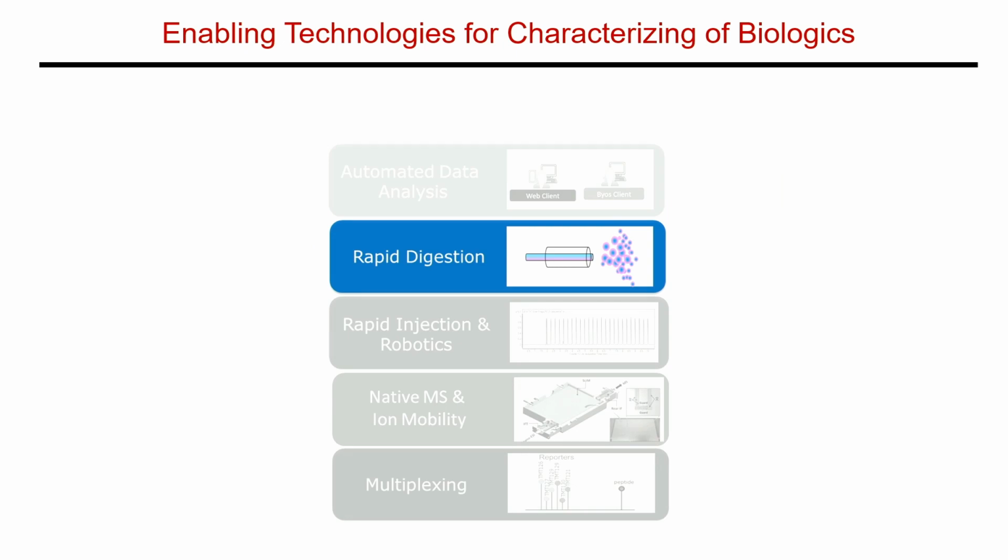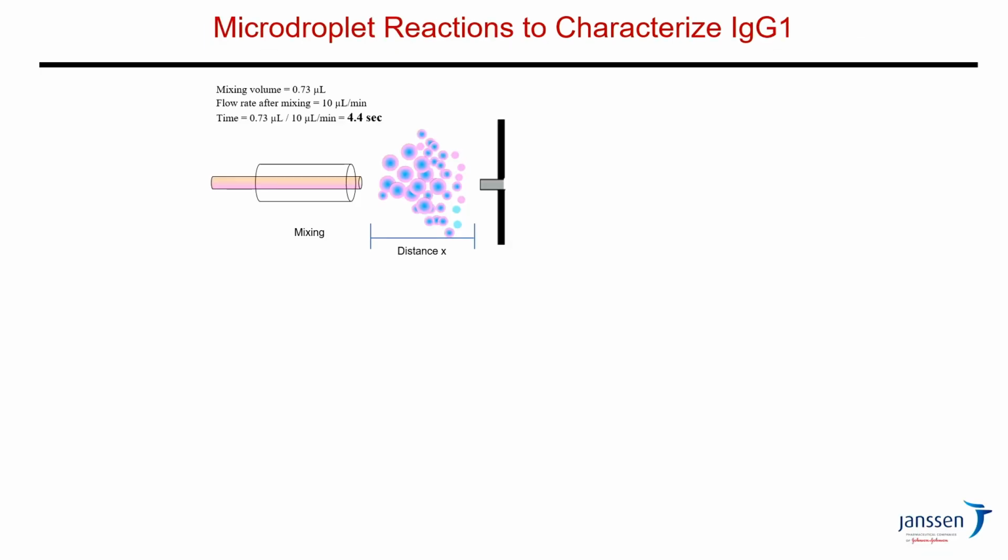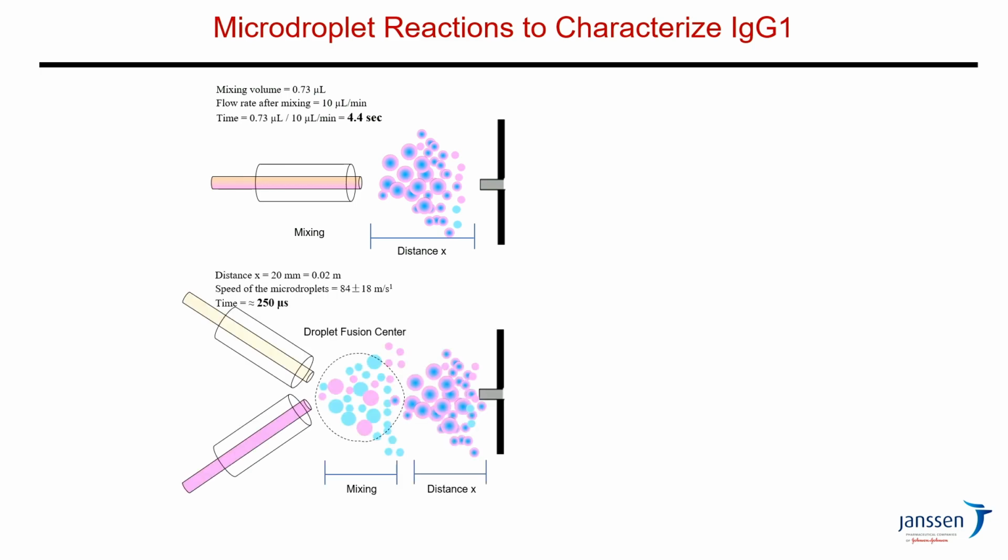This brings me to the next topic, which is rapid digestion. So this was a collaboration with an academic group at Stanford, where we were able to perform these microdroplet reactions in real time. So in the first scheme, we can introduce the immunoglobulin and an enzyme. In this case, it was IdeS for subunit analysis, and we can perform these reactions in merely 4 seconds on the droplet. We can also introduce them separately using 2 sprayers, and the droplet fusion center facilitates the reaction to completion, and this takes about 250